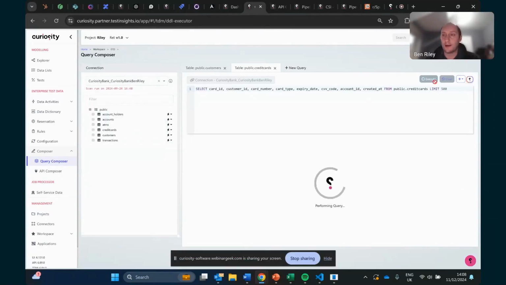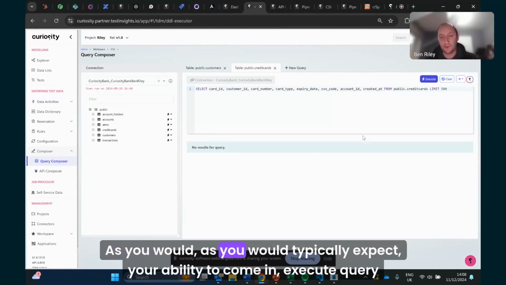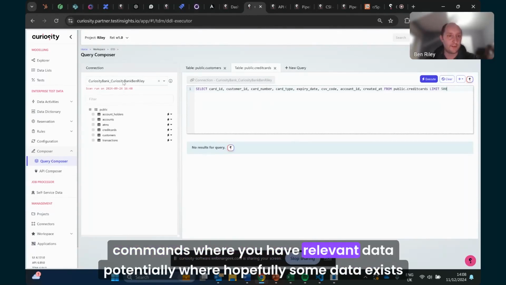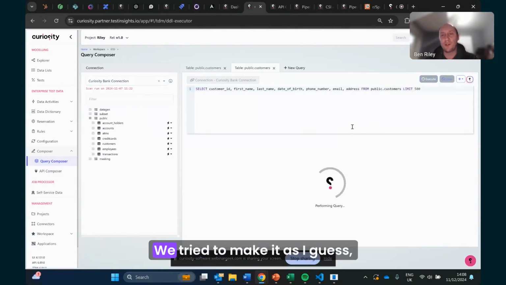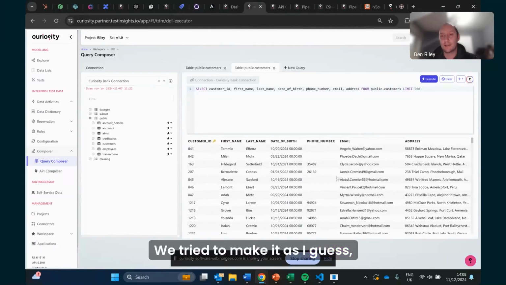As you would typically expect, you can come in and execute query commands where you have relevant data, potentially where some data exists in one of my schemas, which we can have a bit of a play around with. We've tried to make it as straightforward to use as possible.